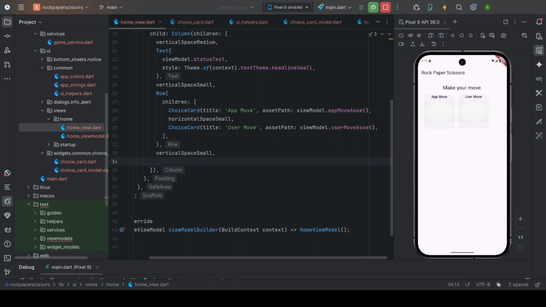I need 3 buttons, so let me create 3 buttons. I will be using, let's say, filled button,